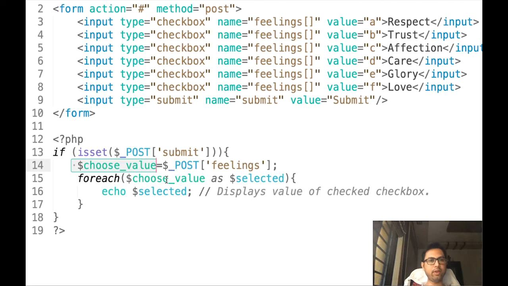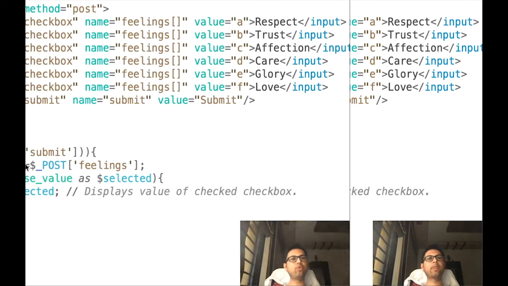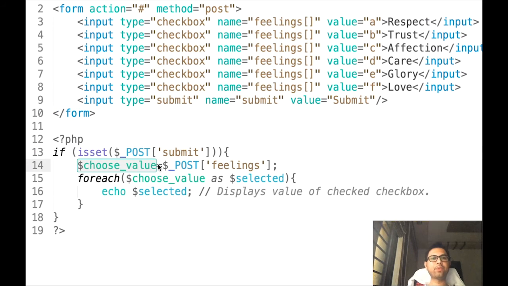Now see over here, dear friends, this is the beauty of PHP. You do not have to give any data type. Automatically, whatever data is written over here is taken as the data type of the variable on the left hand side.